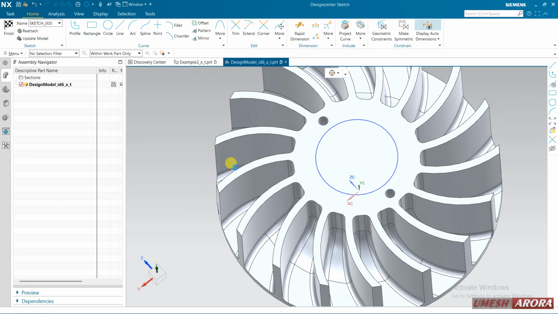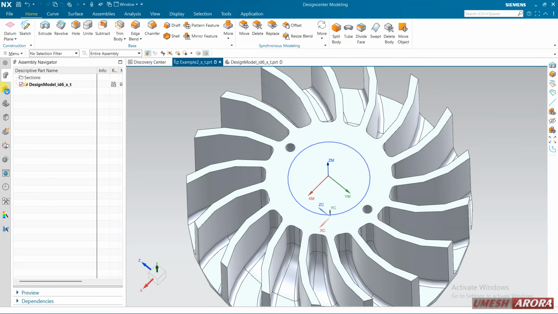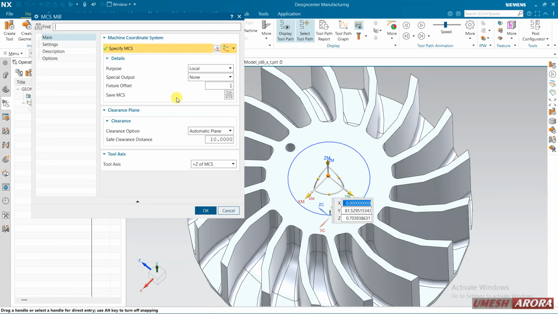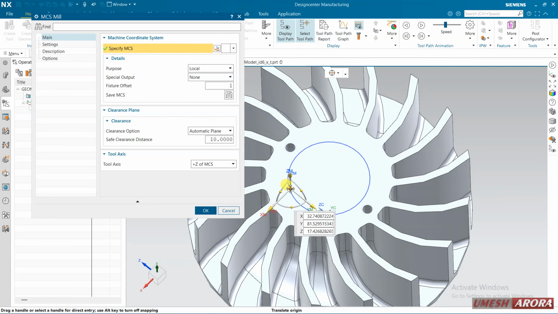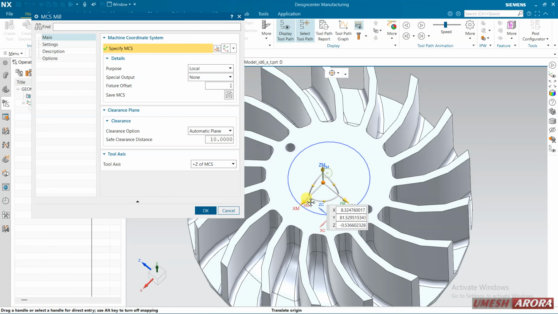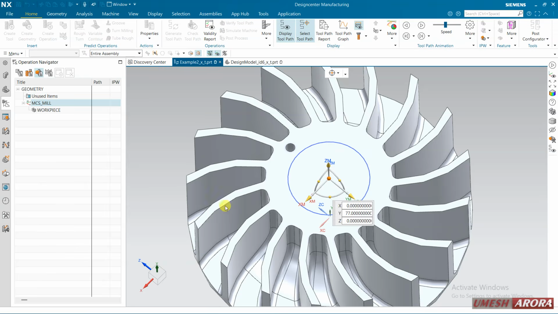Now I can define the proper center point, the origin point of this machine coordinate system. Click here and click the center point. Center, here it is, but it is not coming. So come to this and make it entire assembly and OK.